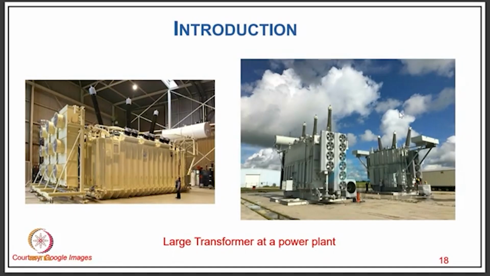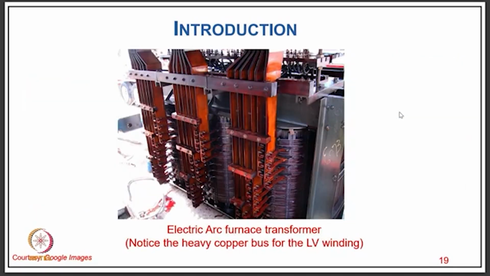Well, you have a large transformer, typically at a power plant we talk about. Then you have typically an electric arc furnace transformer. In the furnaces, of course, we have to convert the three-phase supply typically to single-phase supply, and we use a special connection, what we call a Scott connection, which converts the three-phase supply into two single-phase supplies, and we give them to two separate furnaces so that these furnaces behave as a balanced load on the three-phase supply system. Since these are very high power ratings, of the order of 500 to 600 kVA, up to that maximum rating